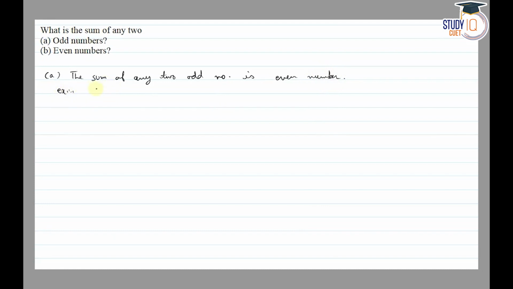Any two odd numbers. So let us 3 plus 7 is equal to 10. 5 plus 9 is equal to 14. 3 plus 5 is equal to 8. So two odds number